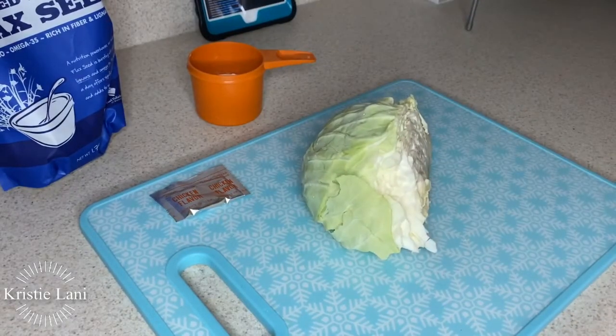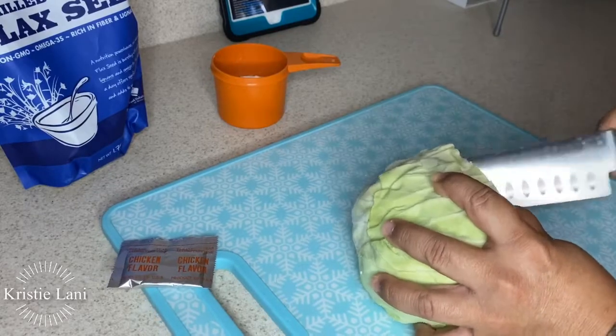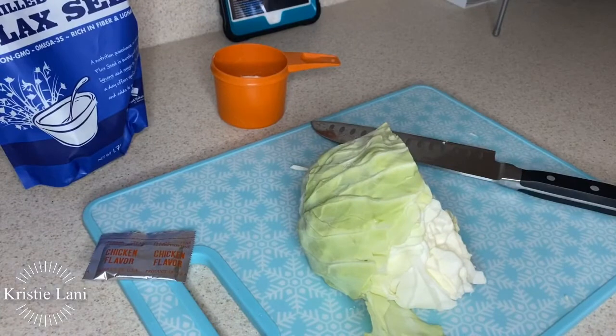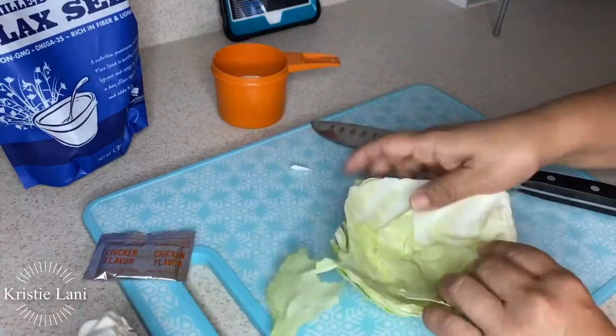So I'm gonna go ahead and cut the cabbage real quickly. You're gonna want to cut it big like that. I just cut this part off, and then you want to separate the leaves. And then she said that you can just